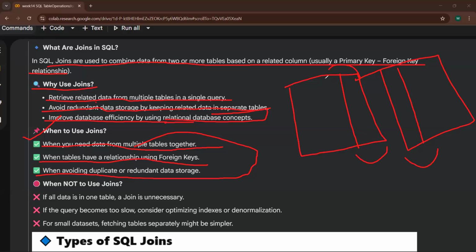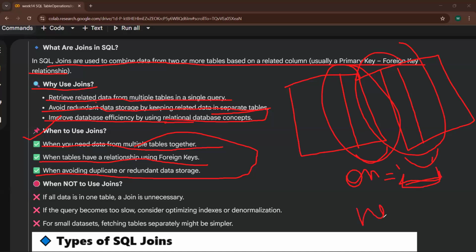And on that particular column only we were putting the merge function with the help of on is equals to, in quotes we used to put the column name on which we are going to merge. And then we used to put how: inner, outer, left or right. Remember, guys? Yes, ma'am. So the same thing it is also saying